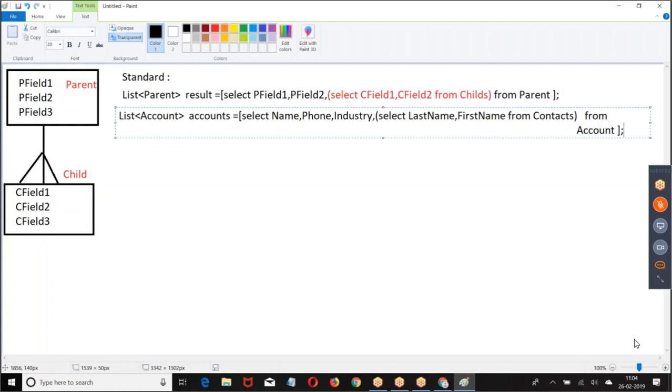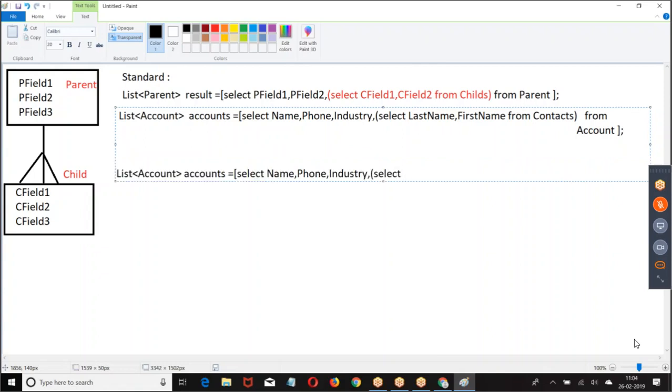Now let us take account and opportunity. List of account. Select name, amount, stage name from.